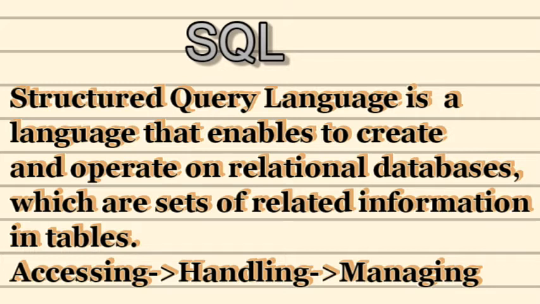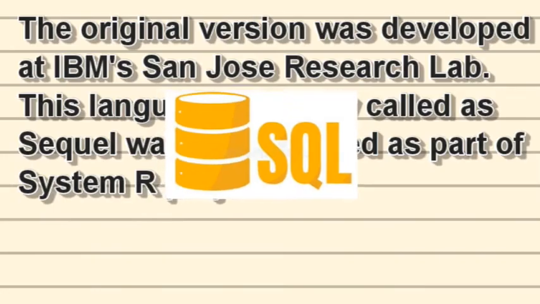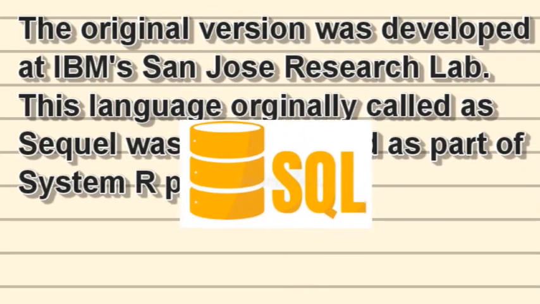Basically Structured Query Language is a language that enables you to create and operate on relational databases, which are sets of related information in a table. Basically we perform SQL queries on things that are already a relational database, and we are going to perform sub steps upon that database. Basically the purpose of SQL is accessing the data, handling the data and managing the data with the help of various commands that are available, which you are going to use with the help of SQL queries. But before that, we need to understand how SQL is divided into different parts and the different commands that we use. So basically the SQL processing and what we mean by SQL, all we are going to learn in this. Let me also go into some history of SQL, how SQL was developed.